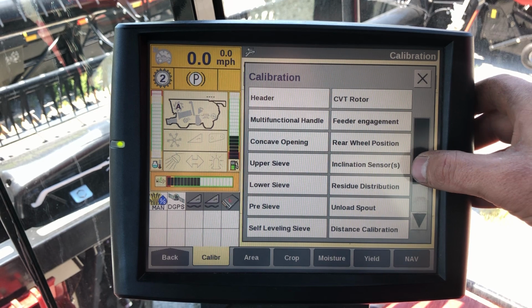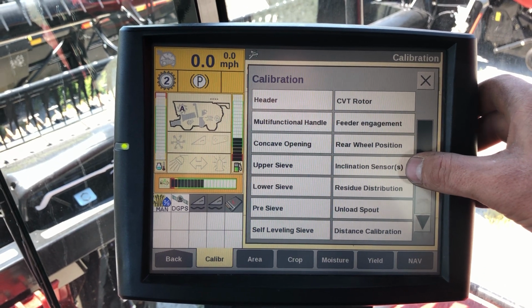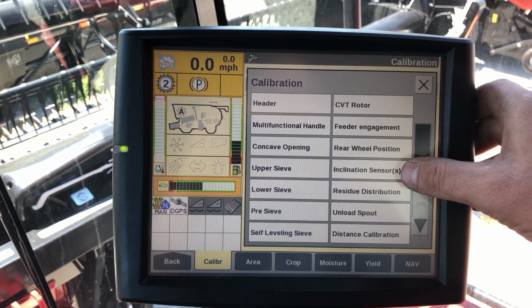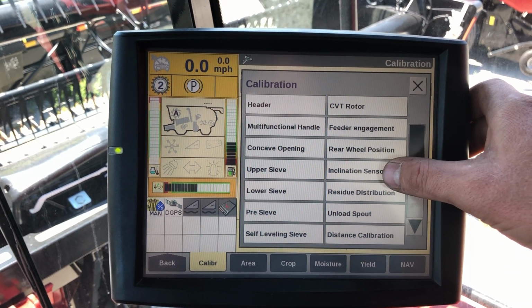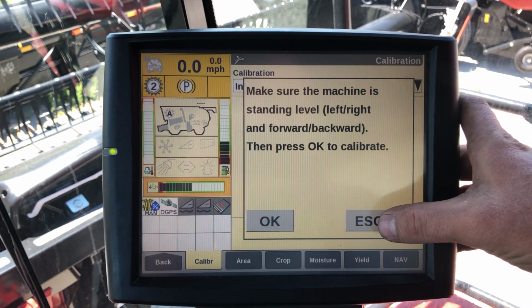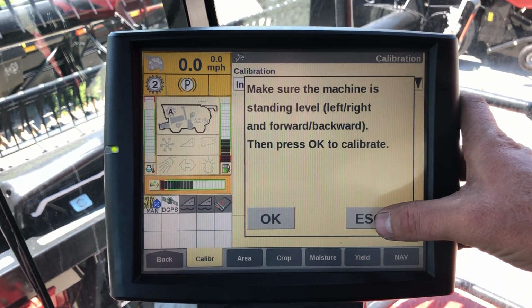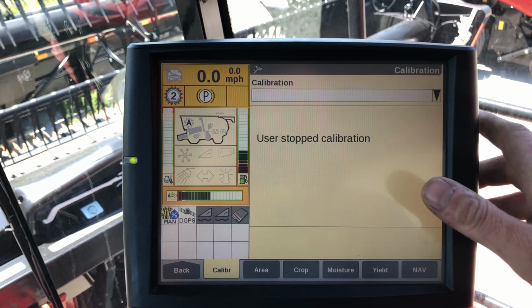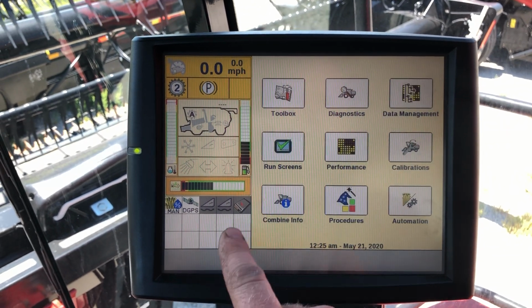What I've found is typically the machine thinks it's going downhill on flat ground. So I would recommend, if you got a good level concrete pad, you set the machine on the concrete pad, you go in there, you hit your OK, and it's going to calibrate those inclination sensors to level with the tires on. What you will see if you haven't calibrated those